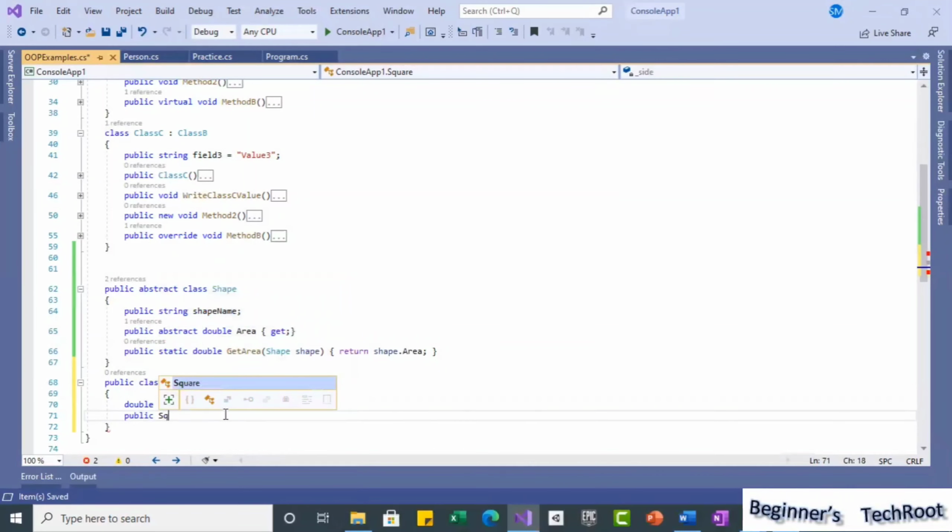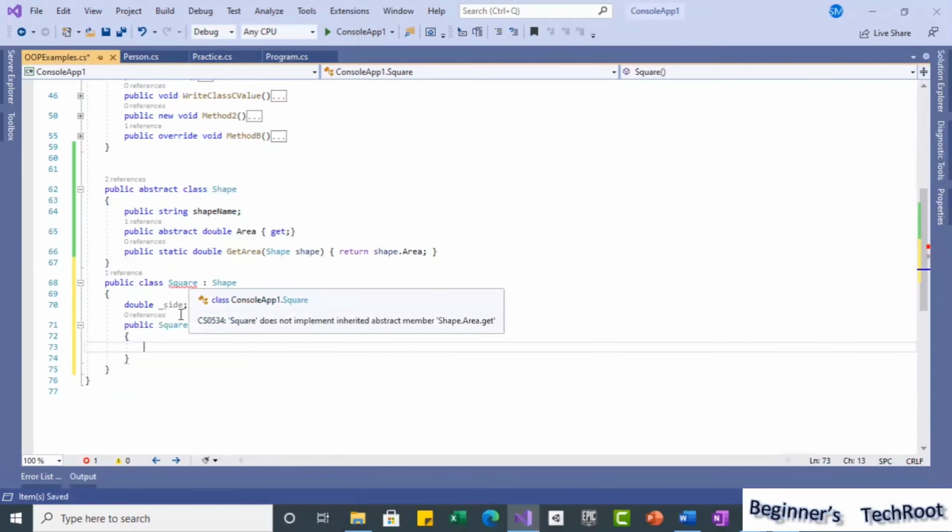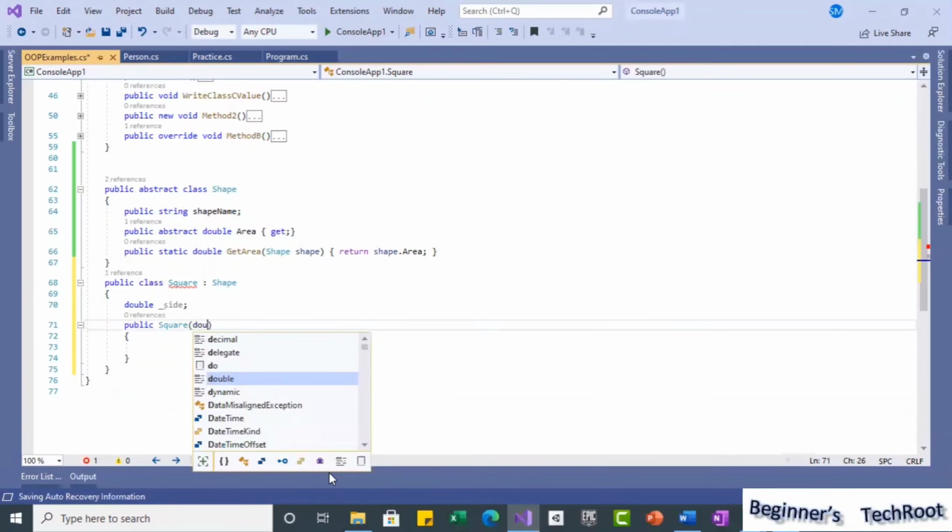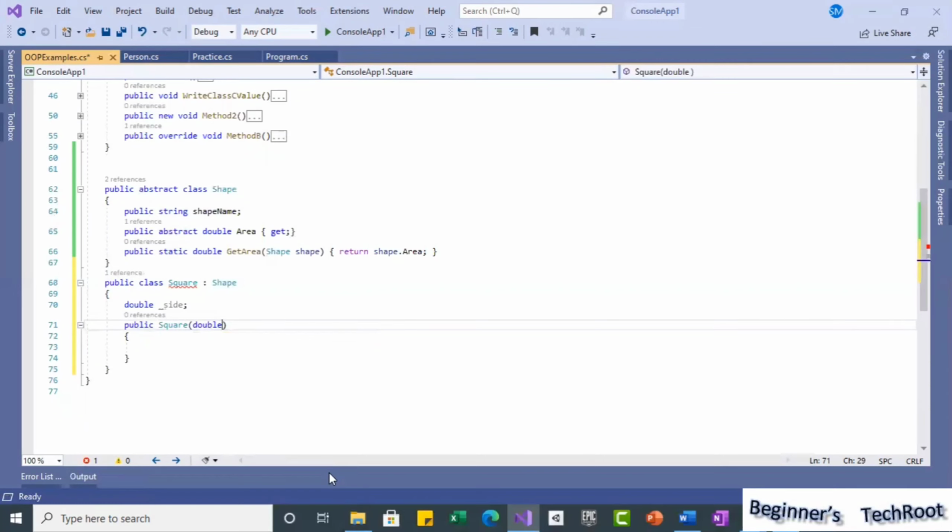Then I am going to create a constructor for this Square class. Public, I will use. In this constructor, for the square I need a side, right? So I will take it here as a parameter to initialize that side. Here I will take the parameter: double side. If you want to use a similar name, you can use an underscore in front. Otherwise, we can use the same name.